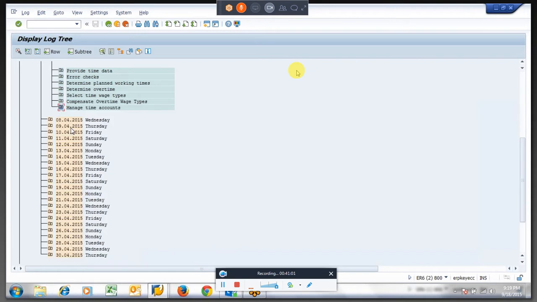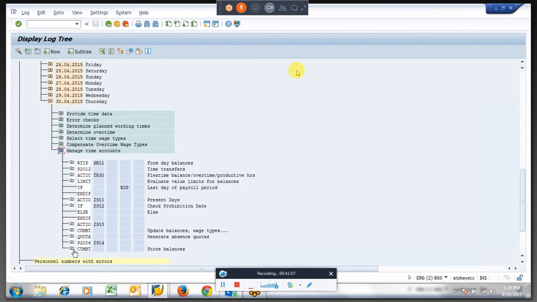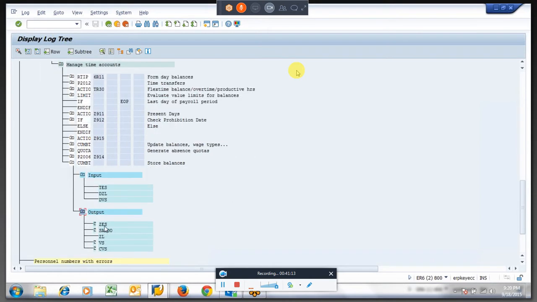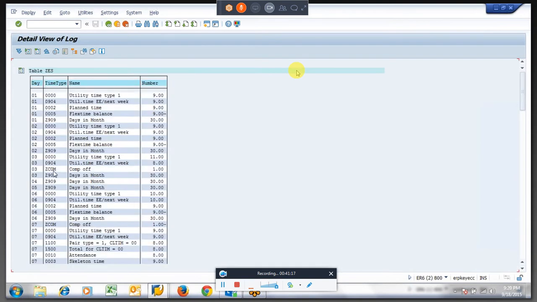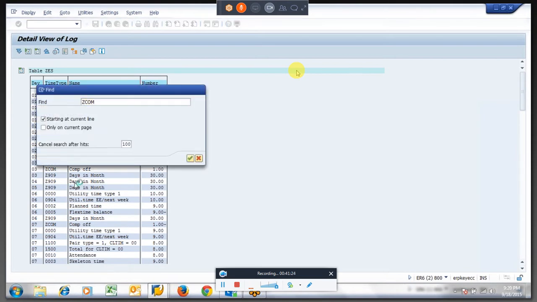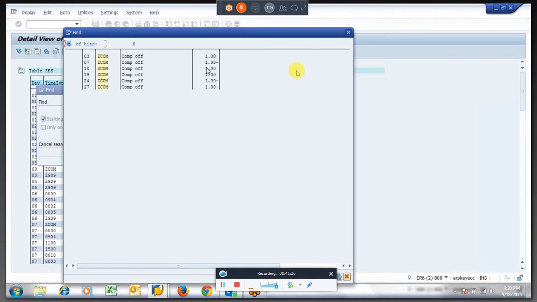Let us say we have a few other days. I think we have compensatory off, where for the employee we entered some more. If you see ZL, if you see ZCOM, see, whatever the -1 is there, our rule is working.